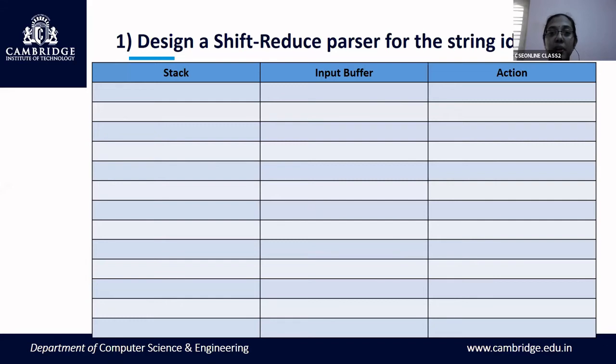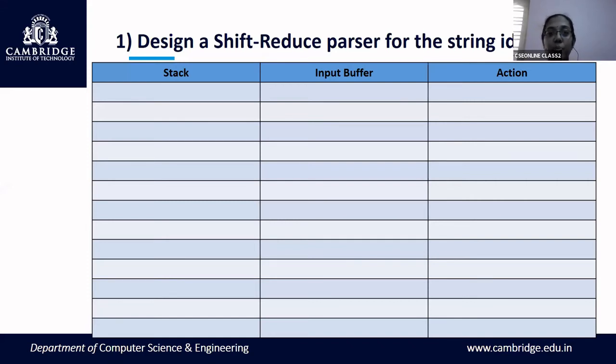Okay. So what is meant by shift? Shift is push. You basically have two different data structures. One is the stack and the other is the input buffer. Why do you need an input buffer? Input buffer is used to store the input string that has to be parsed, and the stack is used to push or shift the symbols onto it. Okay, you're going to shift the symbols onto the stack, and then only you're going to perform a reduce operation.